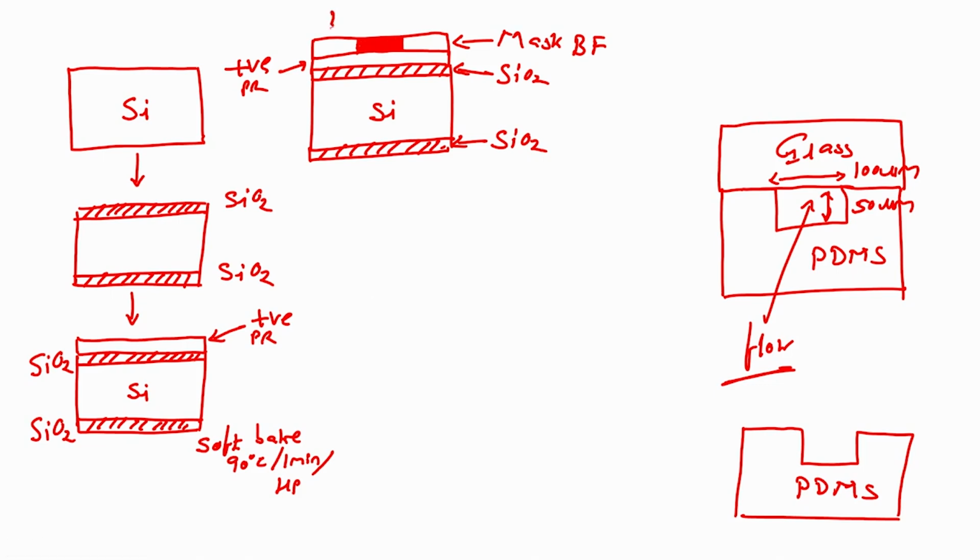After this we will expose the wafer with what? UV, right, expose the wafer with UV. Next step would be I will develop this wafer. Develop wafer means you are developing photoresist, okay. You will develop the photoresist. When you develop photoresist, what you will have? You will have